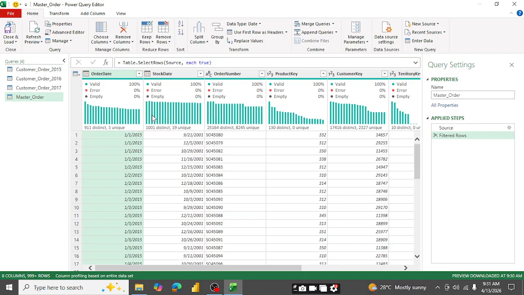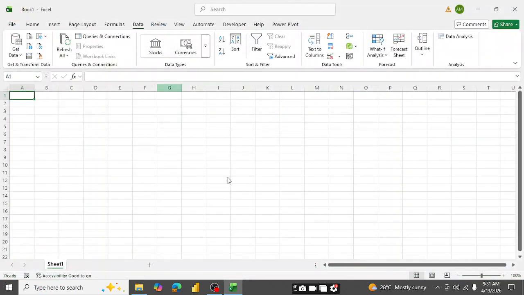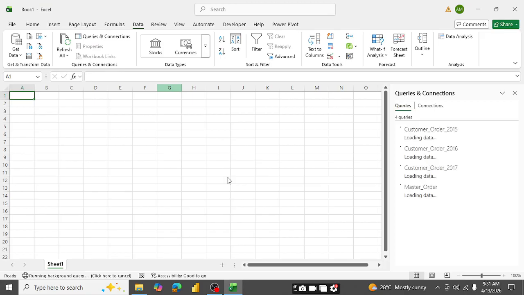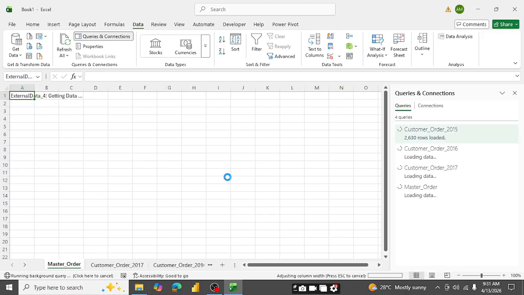And once you are okay with your profile or your table, you just need to press close and load, and it will take some time to load the queries and connections in the blank